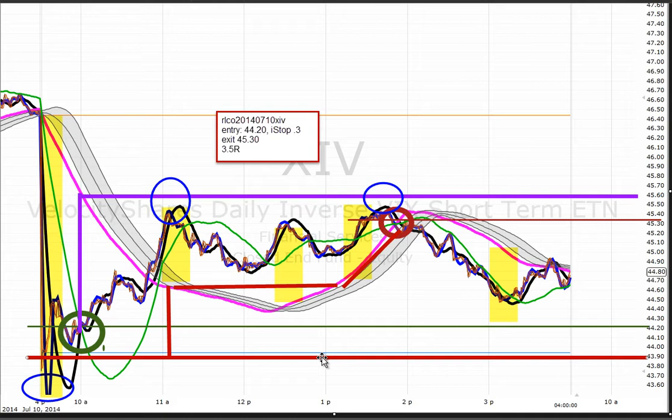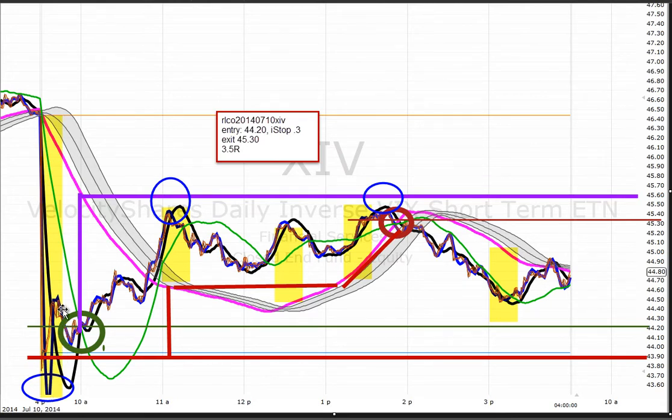A review of a couple case studies in the regression line fractal framework. The first one is in our old reliable intraday trader XIV. This was also an RLCO pattern, a morning hook. So we have the open here. I should say this is July 10th, 2014. So we have a big gap down,